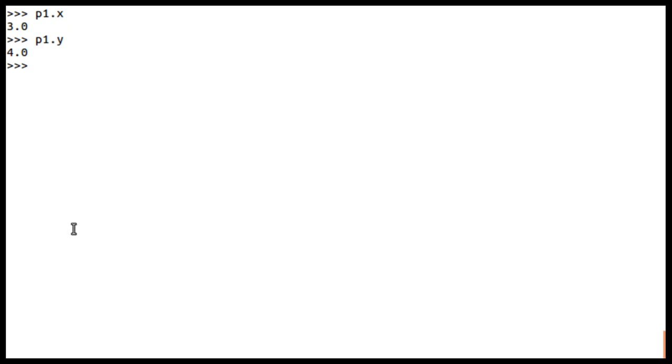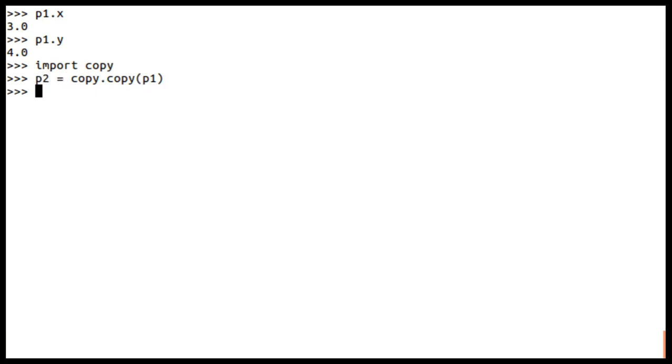Now I want to copy this Point object p1. For that purpose, import copy, right? p2 is equal to copy.copy(p1), which means p2's attributes should be the same as those of p1.